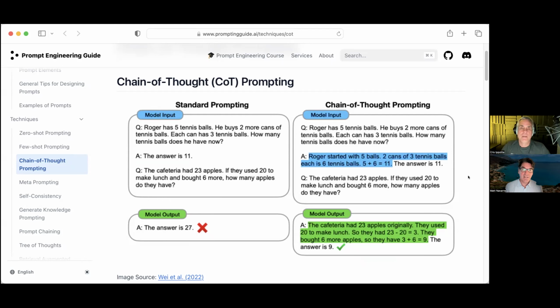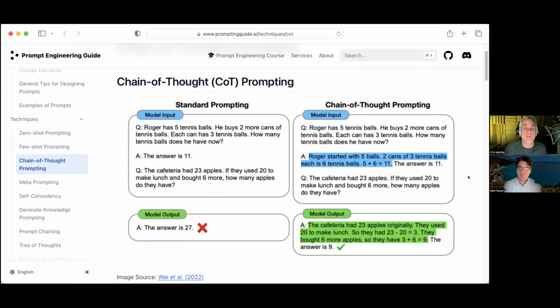Yeah, and so there's really 2 different ways you can do this. You can just do the straight zero shot, which is what we see on the left, standard prompting, just simply saying, here's the question. And then in this case, what they're doing is they're creating an old school version of providing examples of the output that they're looking for. So you see here, it gives a question, then it gives an answer, then it goes with the second question.